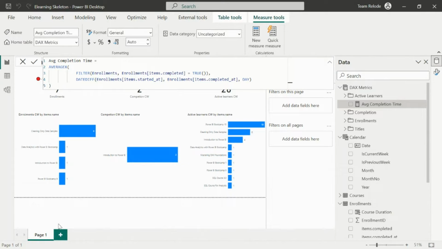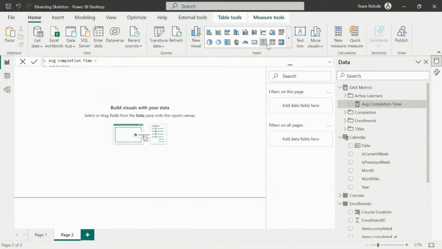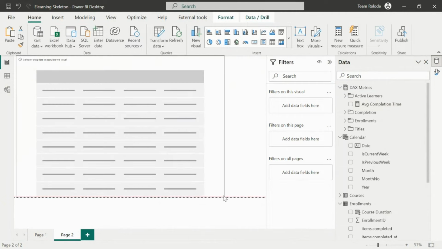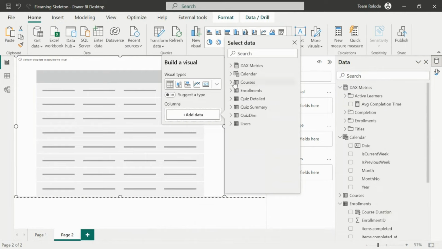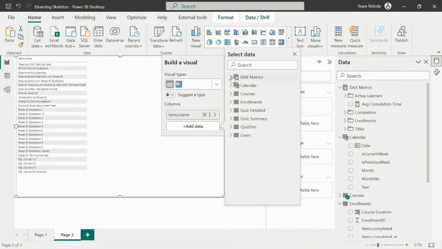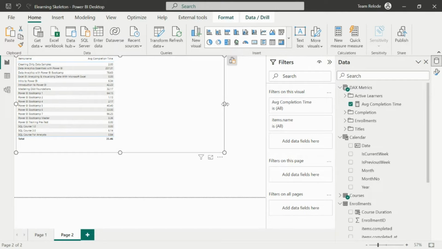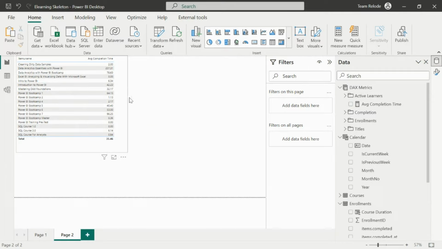Okay, so let's say you try to show this on a table, for example. If you pull up a table visual where you are trying to display by course, you want to show the average completion time. All right, so this is what you get. Of course, there are probably some other factors you have to bring into it, like maybe what's the duration of the course. For example, this cleaning